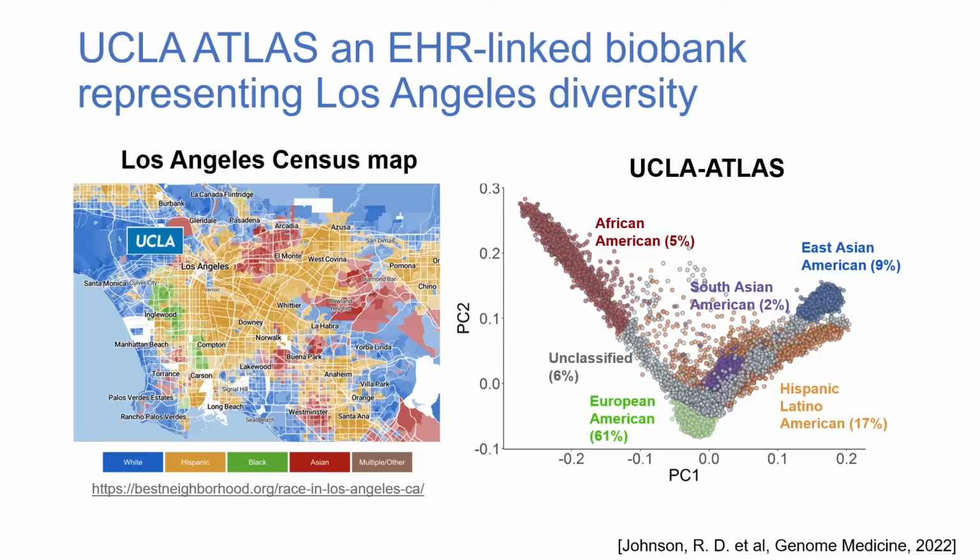Here on the right side, I show you a principal component plot of the first 40,000 genotype data from the biobank at UCLA. So this is literally patients that come to the clinic, get convinced to participate in this study called Atlas, very similar to how the Michigan Biobank gets described here. And it's color-coded based on genetic ancestry, not based on self-report. But the point that I'm making here is that it's very colorful, and hopefully some of the colorfulness matches what's here. So we see diversity in our biobank throughout. And I'll focus more on this in the next couple of slides.